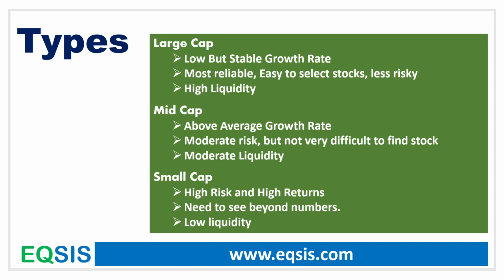The company size is so small, so you have to see beyond numbers, because sometimes, I don't want to say deliberately, sometimes their books can be cooked. So you need to validate the numbers. You need to do this forensic audit. So you need to look at the qualitative aspect of the analysis before you conclude anything.